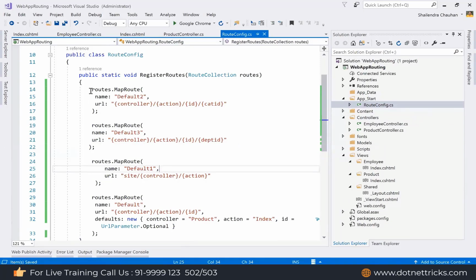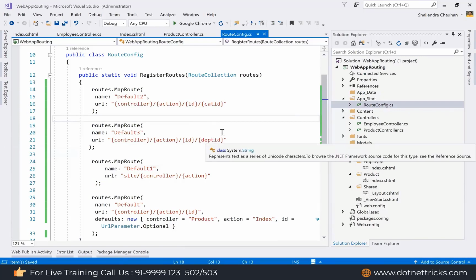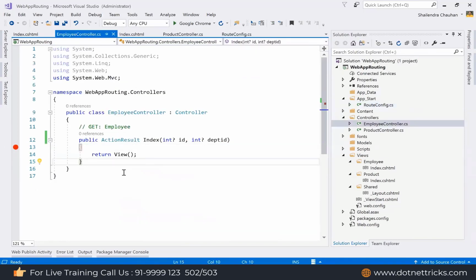Every time it will serve the request as per the default 2 route. The default 3 route will always be useless. So when you try to access the employee controller, the department ID we cannot access using the name DPT ID, but we can access it using the name cat ID, because as per the route pattern, the last parameter is named cat ID, not DPT ID.